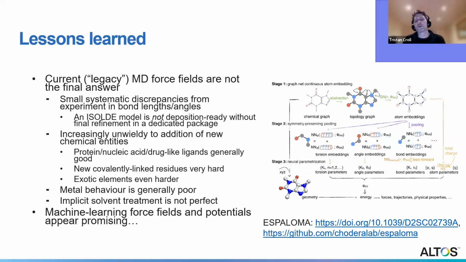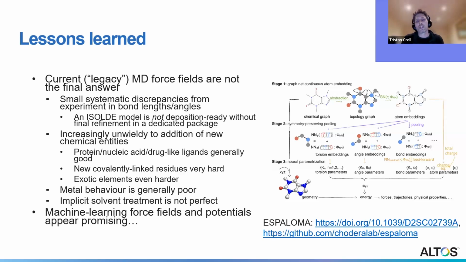And so there's a lot of promise here in next generation machine learning force fields and potentials. The machine learning force field is something that essentially will use a machine learning algorithm to apply your classical molecular dynamics parameters to a model, and then you just run molecular dynamics as you normally would. And the advantage here is that rather than working via the old school approach of individual residue templates, you just feed it your entire molecule as a graph representation, and it gives you parameters back for everything. As long as everything is within the chemical gamut of what it was trained upon, then everything should just work.